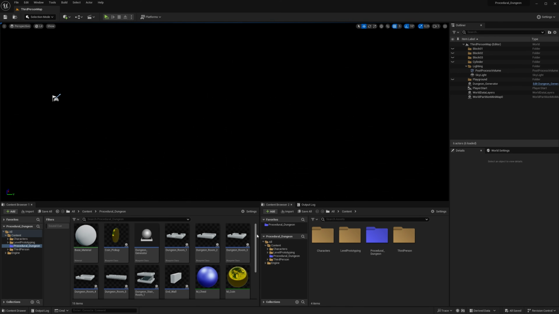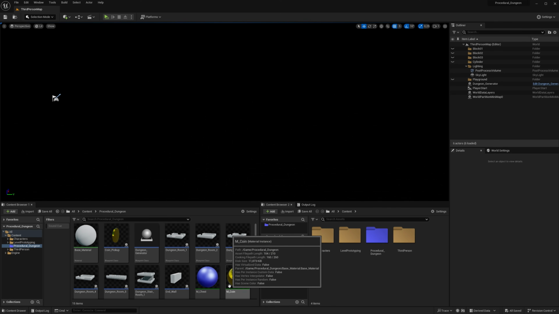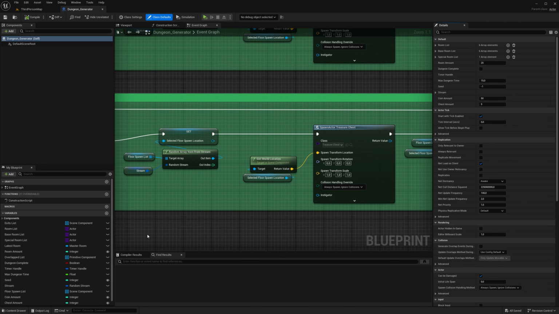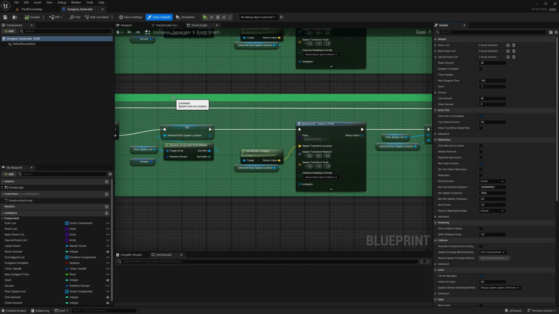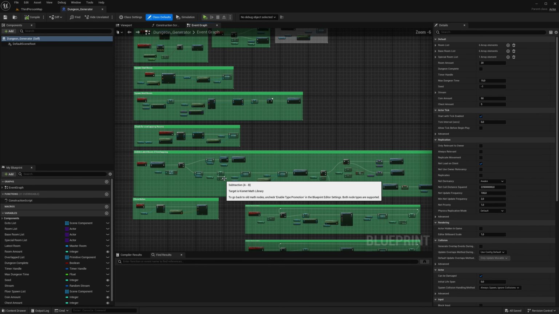So one of the biggest requests I got in this part 1 and part 2 is how to make doors in the dungeon. So that is exactly what we're going to do now. So go into the dungeon generator. Where do we have it? It's been a while since I've looked at this project. I've had so little time that this part 3 has been a long way coming, but let's just get into it.